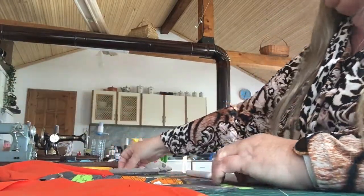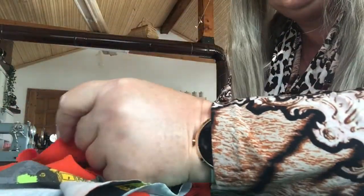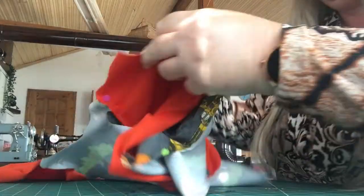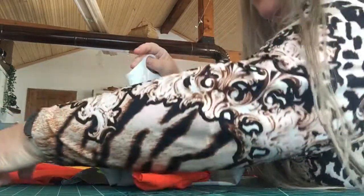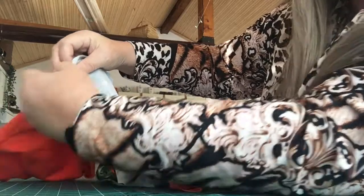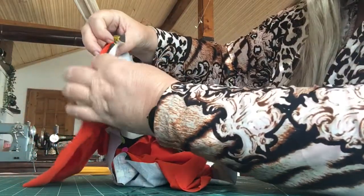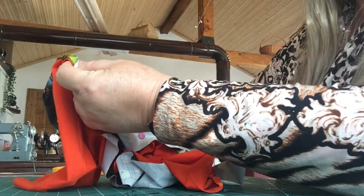So I'm going to get the back now. Here's my back piece. And again, right sides together. So I've turned the sleeve out, so the right side's up and right sides together. That's the back raglan. I'm going to pop a pin into there. And the other back raglan, you can see I'm dragging it across everything that's on my board to the other flicked out sleeve. Pop them together and pop a pin roughly in them there. Okay,